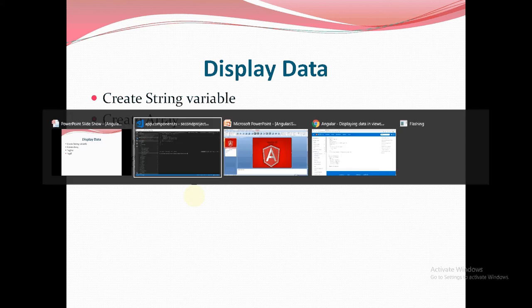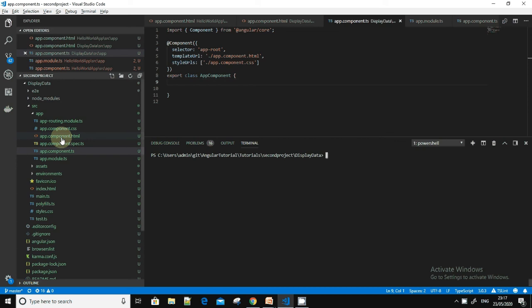So for doing this example, we'll take a variable as a title. Inside that we'll display data of cars. So this variable is created. Next we'll create cars as an array.